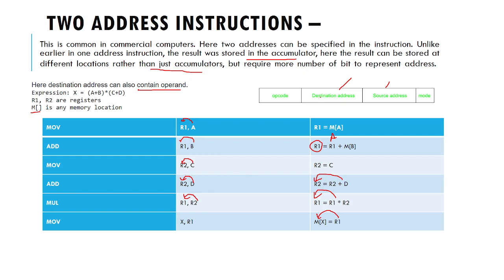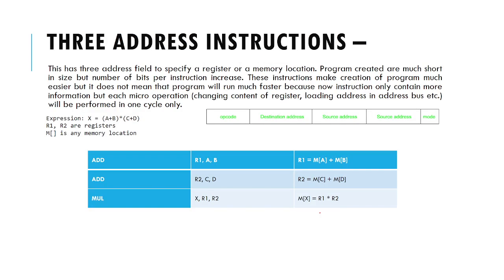In two address instruction, আমরা দুইটা address use করছি। একটা হচ্ছে আমাদের সোর্স অ্যাড্রেস, another one is destination address। R1 and R2 দুইটা রেজিস্টার নিছি। ফার্স্ট আমরা অপারেন্ড মুভ করছি R1 এর মধ্যে, দেন অ্যাড করছি। R1 এর মধ্যে অলরেডি A ছিল। নেক্সট অ্যাড অপারেশনের রেজাল্ট আমরা R1 এর মধ্যে স্টোর করছি। তারপর মাল্টিপ্লিকেশন অফ R2, মাল্টিপ্লিকেশনের রেজাল্ট R1 এর মধ্যে স্টোর করছি। নেক্সট R1 এর এক্সপ্রেশনটা আমরা MX এর মধ্যে অ্যাসাইন করছি।